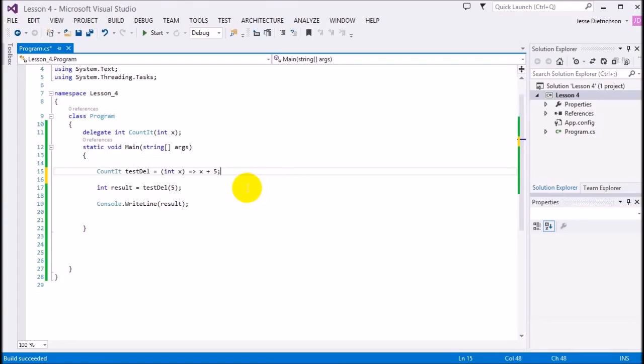Alright, so once again, we got through delegates, anonymous methods, and lambda expressions, and now the bulk of it, why we're using all these things, comes down to this concept of events. What is an event? So, events. In the most simplified definition that I can really supply for an event is